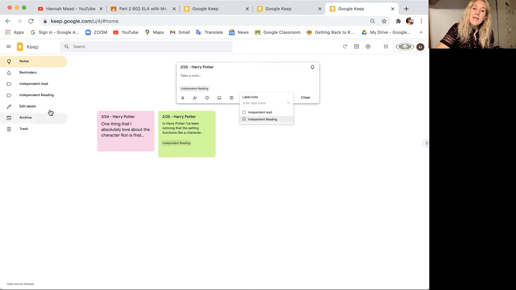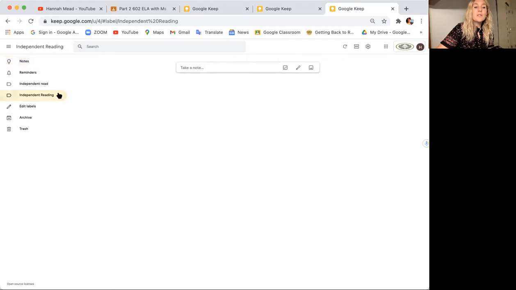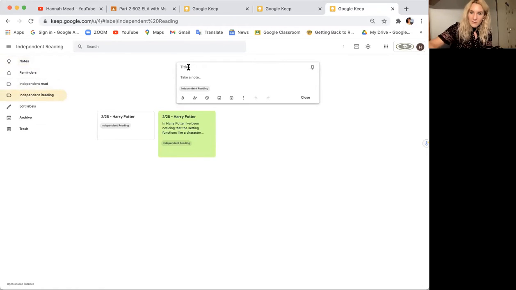So I have all these tabs really accessible on the left-hand side. That will make it really easy to stay organized. So once I have the label, what I really like to do is just jump right to it to guarantee that all my keeps will live here in the label, that they don't get lost. Because if this has been highlighted, that means that all my future keeps, while it's highlighted, will go directly to that label. See how that one is already, I didn't do anything at all, and it just says independent reading